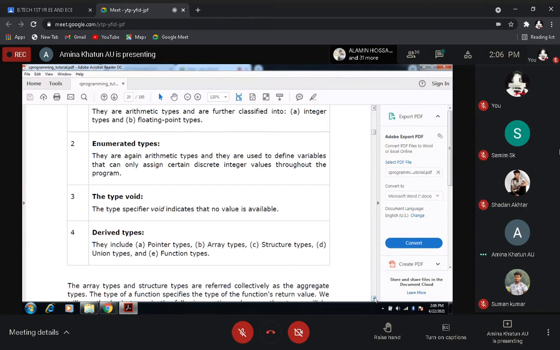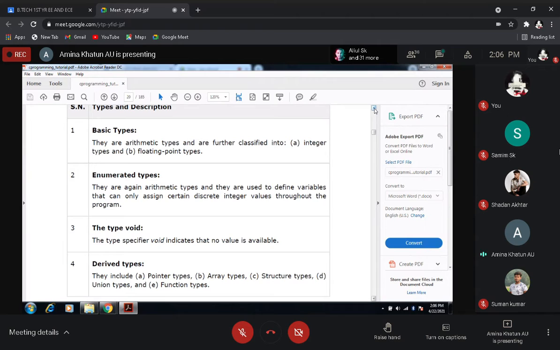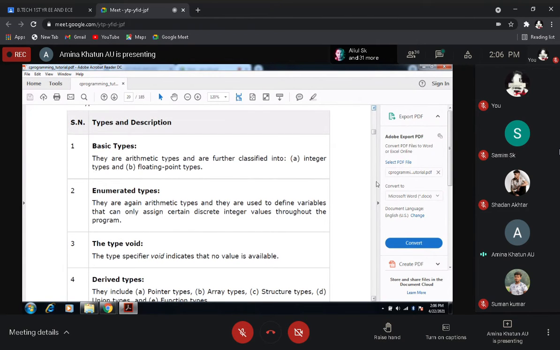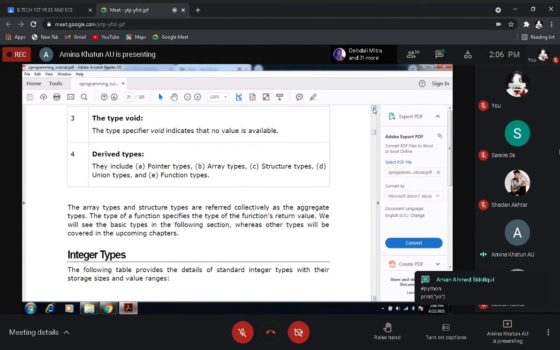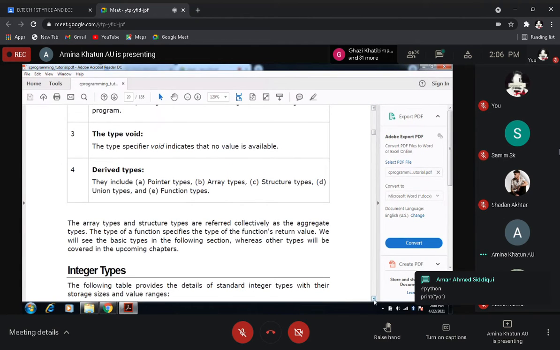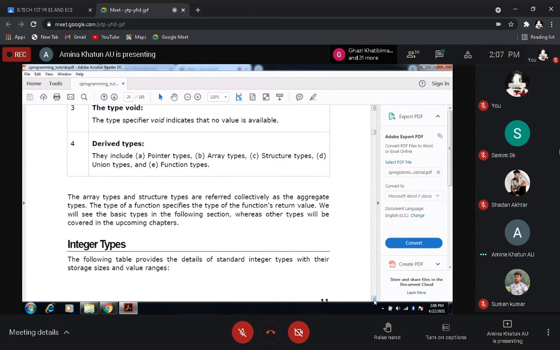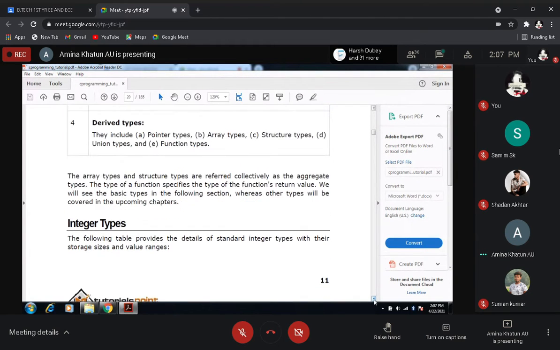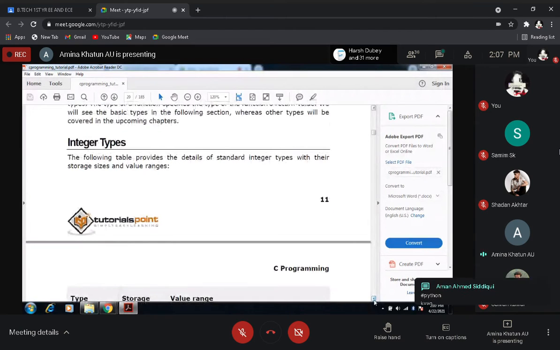So basically in our programs we will use these primary and derived data types. So remember this: float and integer data types are primary data types. Character is also a primary data type. And the derived data types are array, structure, union, pointer. These are the derived data types. Okay. So let's see the integer types in detail.